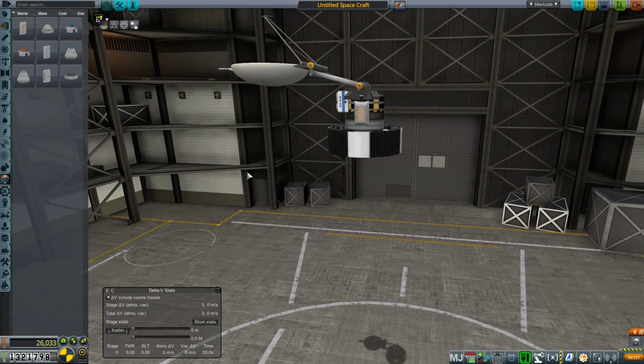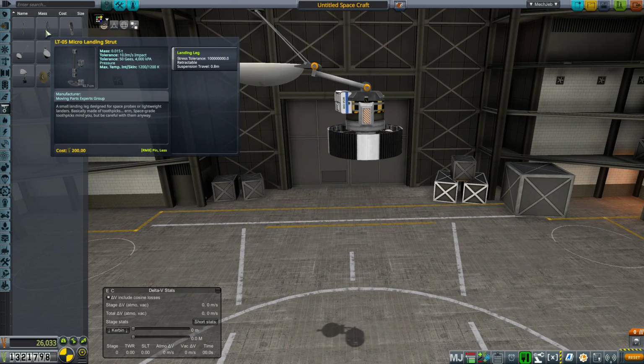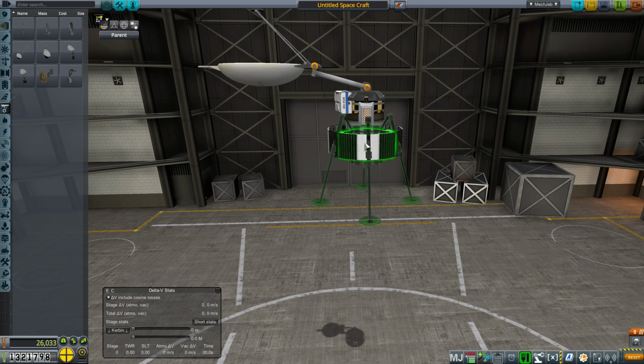I might just be able to mount them on the outside of this thing. It looks a little silly, perhaps, and it's going to be a little tricky to find the spot, but like the micro landing struts. Okay, it's not a little silly, it's very silly, but...